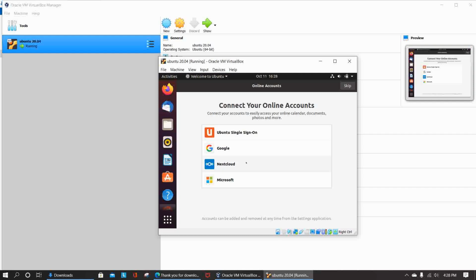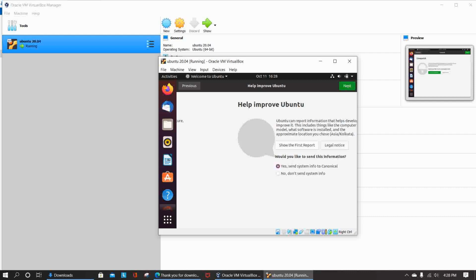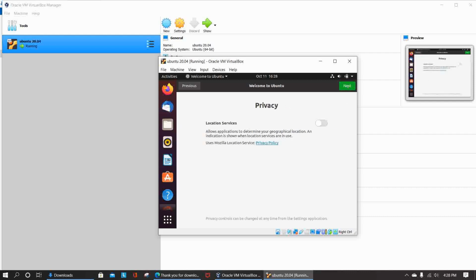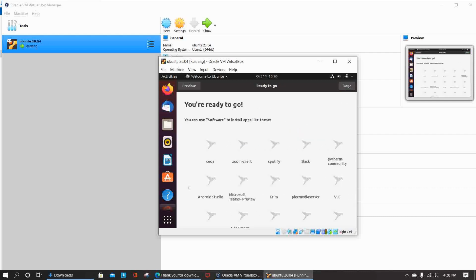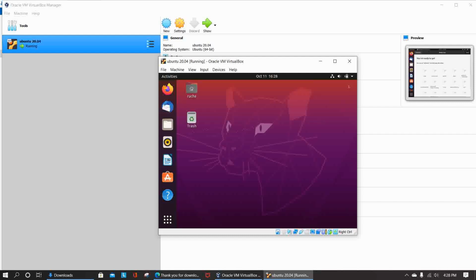So now in the welcome window it will show like this. You can skip it and press the next, and then done. So now you are ready to use your Ubuntu operating system on VirtualBox and it is successfully installed.